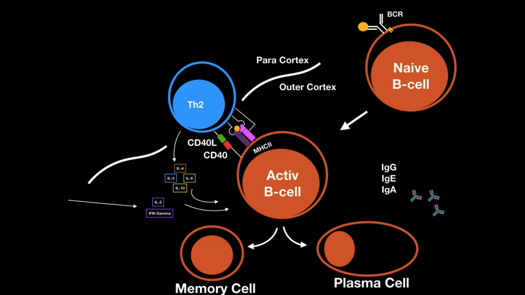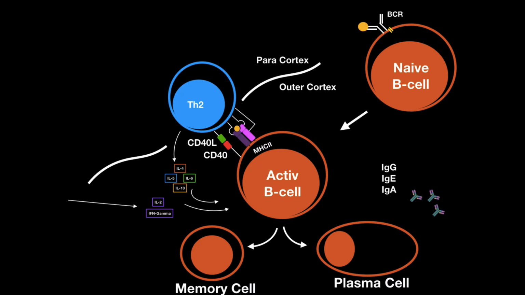So let's say we need more IgA, for instance. Then we would receive more interleukin 5. If we need IgG, we would get interferon gamma, or even interleukin 4 can get us a subtype of IgG as well. IgM is produced without the help of T cells, and IgD as well, since they are part of